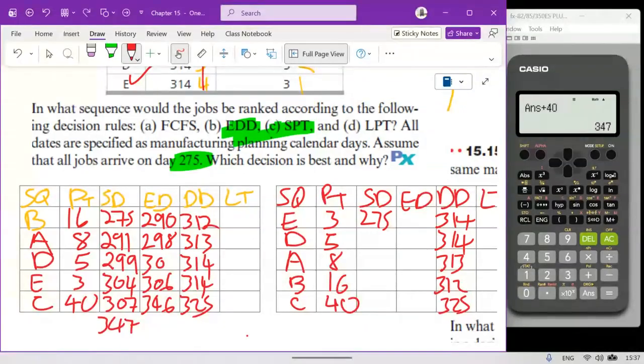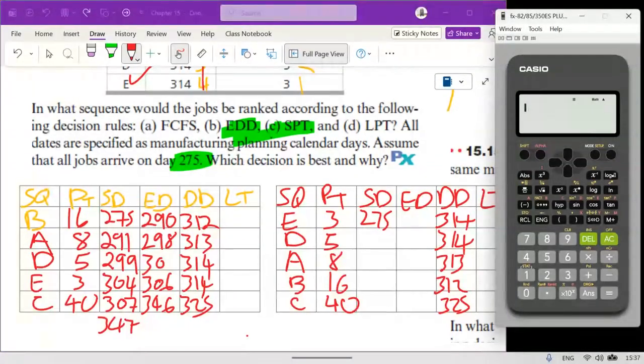Then now we're doing the simplest thing. The end date now, you compare it with the due date. 312 minus 290, you're getting a positive, right? So once you get a positive,